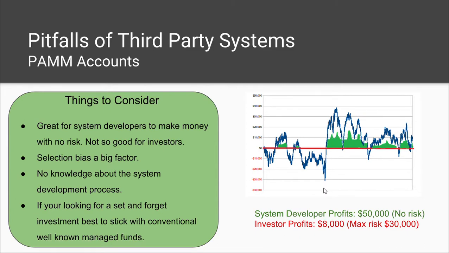But these are fairly common accounts. Again, selection bias is a big factor. You're going to pick the systems that have had the best historic performance, and that has no indication of whether it will have good future performance. You've got no knowledge about how the system was developed. You can actually modify systems to do really well in historic data. If you keep trying and trying and trying and playing with all the parameters, you eventually get one that just randomly does really well in historic data. And if you don't know that wasn't done, then that could be the case with the system you're